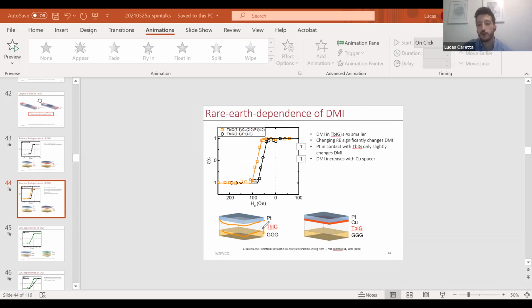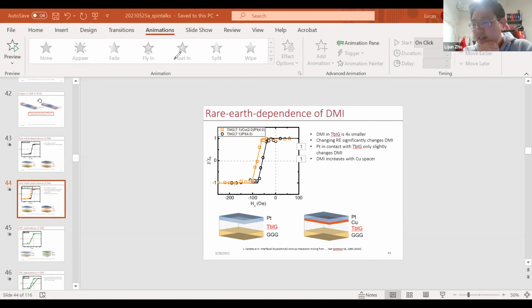So there hasn't been any theory or modeling work done yet on the intrinsic. Could that be like orbital hybridization stuff? Yeah, it could be from a lot of different things. It could be from hybridization at the interface. There's no charge flowing here, so it's not charge transfer. But there's a lot of things it could be coming from, and it just hasn't been studied yet. It's actually a big open question.